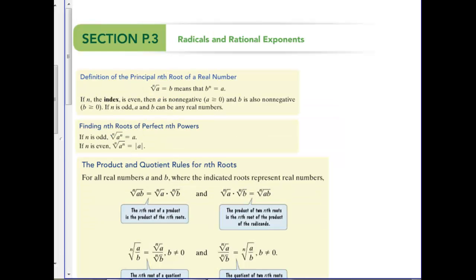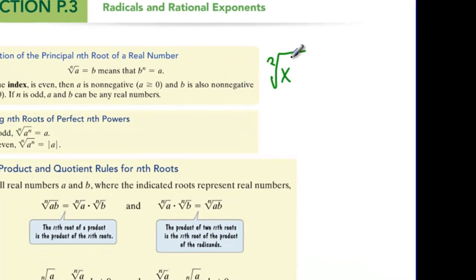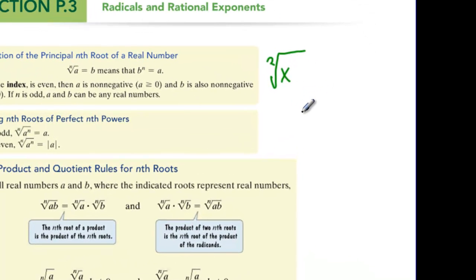All right, more radical stuff. This is actually fairly important. This is taking it from a radical to a rational exponent, or a fraction exponent. We said that square root has an invisible 2. So we'll just put an x. If I want to rewrite this, again, that's supposed to be a 2 there,